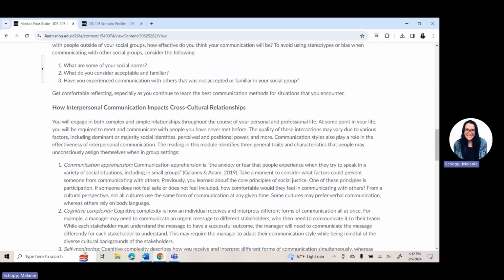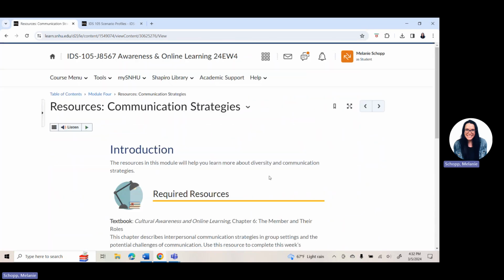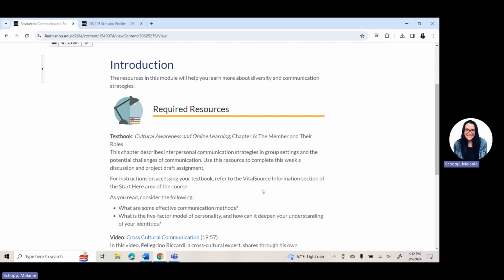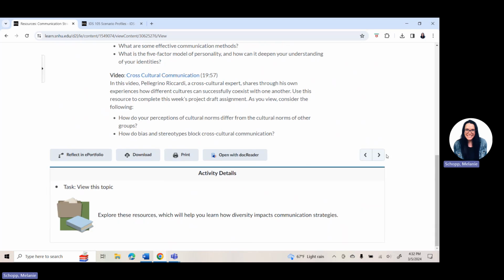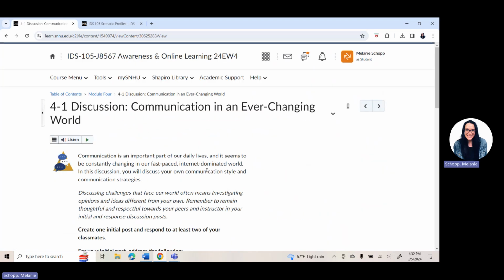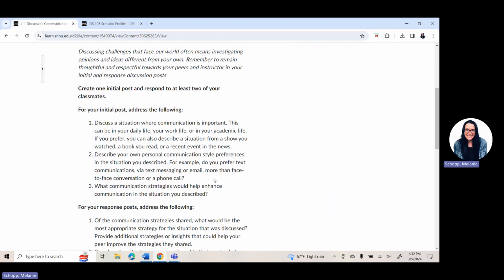Make sure that you review that reading within the module, scroll all the way down, and then click over into your required resources section. As always, this outlines any textbook reading you have to do, any videos or anything else that might help you connect the concepts so you're successful on your assignments from week to week. This week in Week 4, you have a discussion assignment. It's going to center in on communication in an ever-changing world. You're going to be answering these 3 questions for your discussion assignment. As a reminder, your initial discussion post is due on Thursday of Week 4, Module 4, and at least 2 responses to classmates by Sunday.